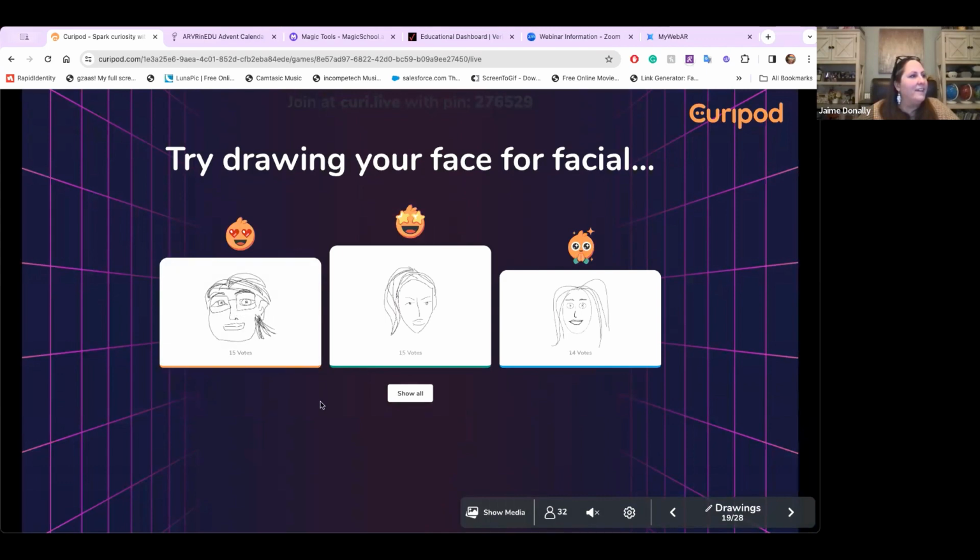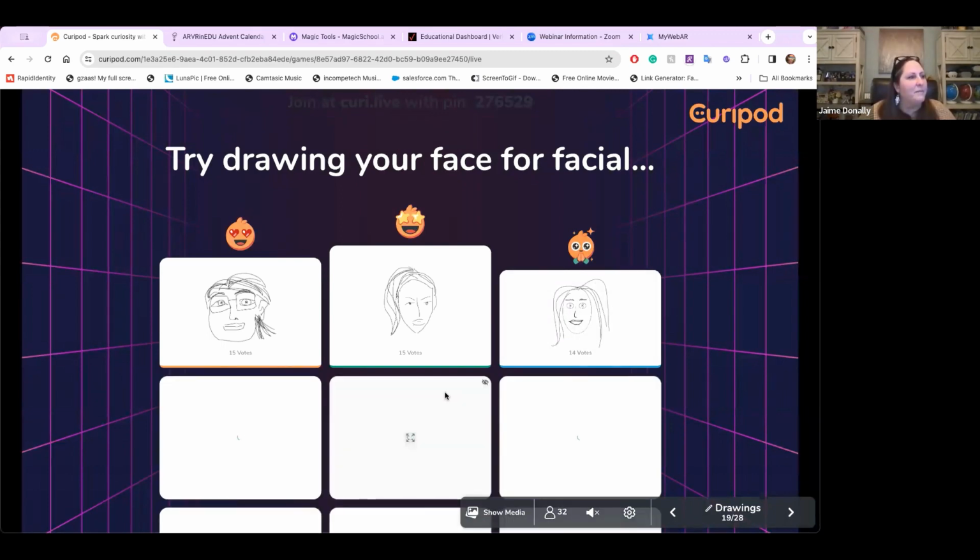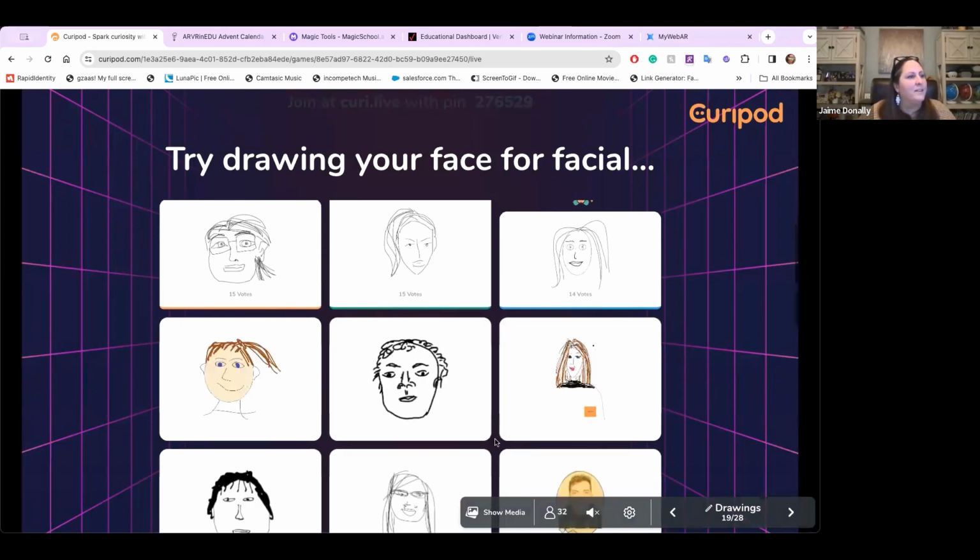Oh, look at that. Look at that. So we have some really good pictures here. All right. Wow, that middle one is fantastic. This one's really good because you can absolutely see that there's glasses involved. I got a little bit of hair on the side right here. This one, ponytail, full lips, which I'm super jealous about. And then so you could go through and you could see that this one's a little bit longer hair. And so you could kind of see some of the descriptions, but I am curious about what those other responses